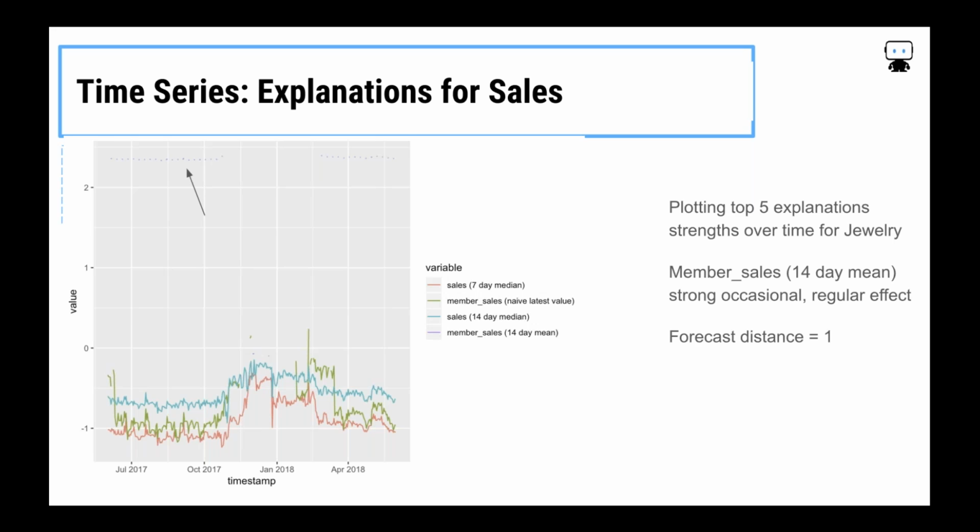When we're thinking about selling different products, they all have different types of factors that influence them. So in this case, this is the jewelry. And one of the things you'll find with jewelry is if you're selling it and it's not the holiday season, having sales is a strong indicator that's going to lead to higher sales for jewelry. Now, these same explanations wouldn't apply for something like lawn and garden, but it's how we can start taking these explanations and getting new insights.